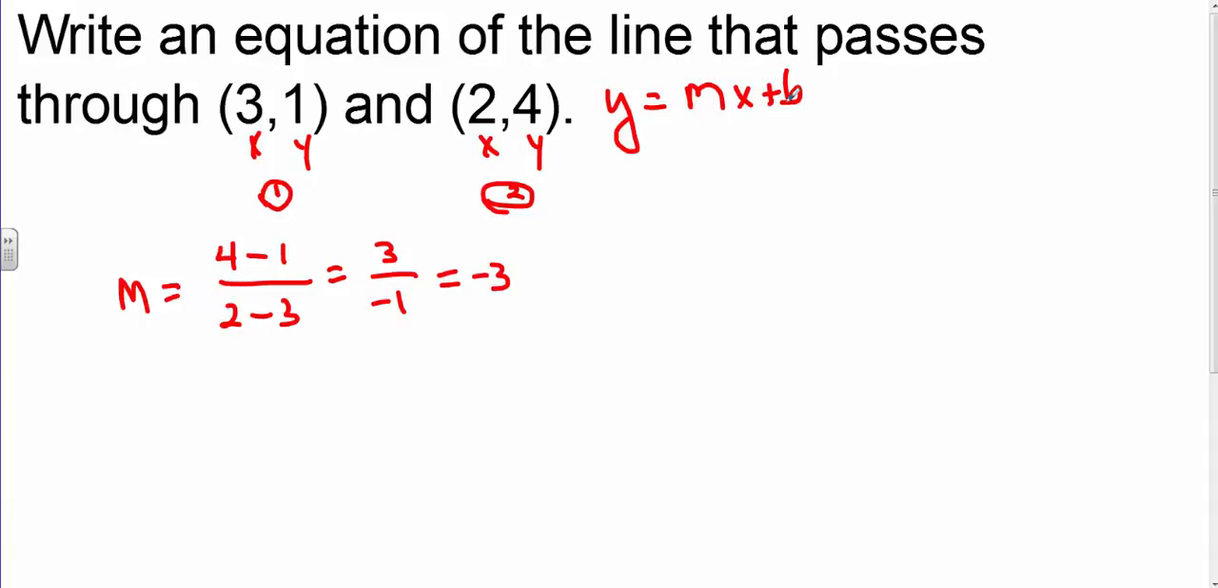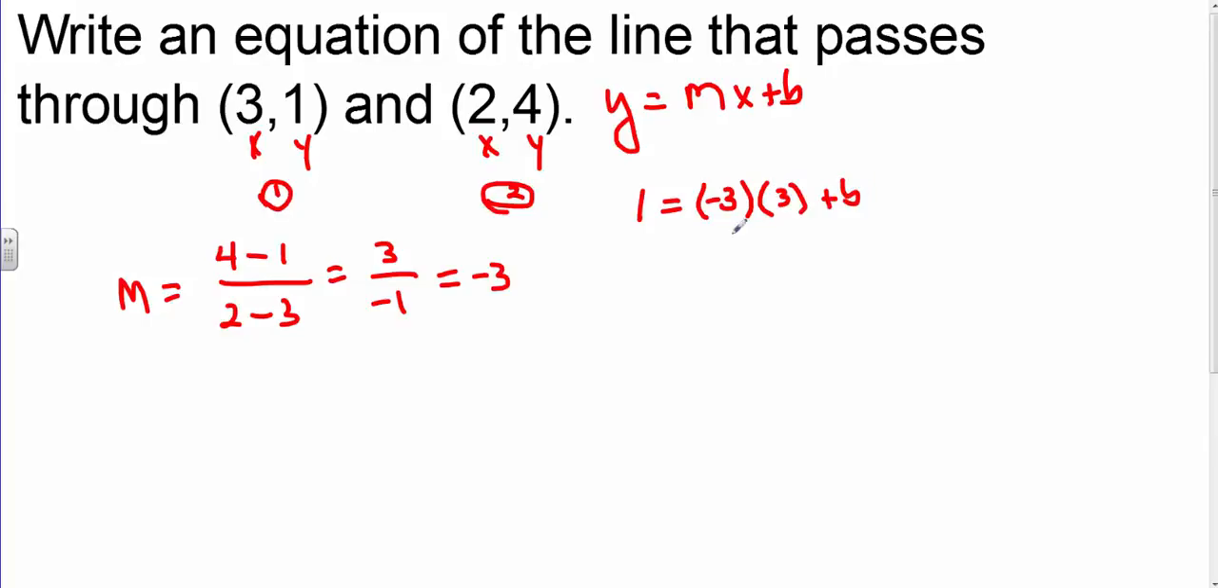Now we need to have a y-intercept. Well, we do this the same way we did previously. You can choose either set of coordinates here, this point or this point. Let's try point number 1 here. So we've got an x and a y. We let y equal 1. We know that the slope is negative 3. The x over here is a 3